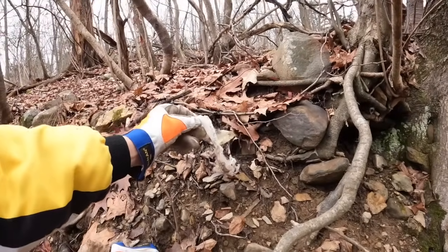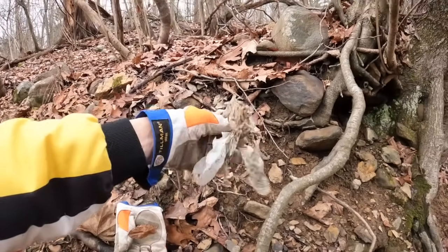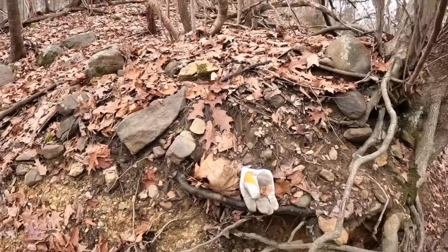What do you think this bag's for? I don't know. We'll put it in our pocket and throw it away. I know, out of all the things that we could have probably taken,